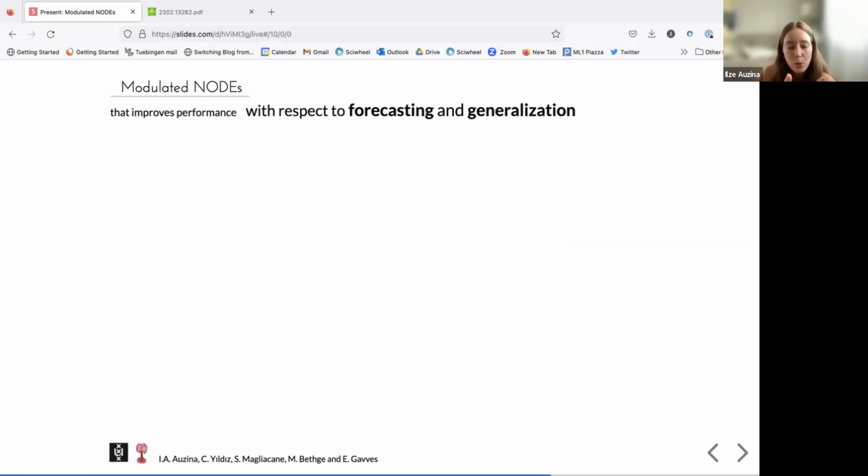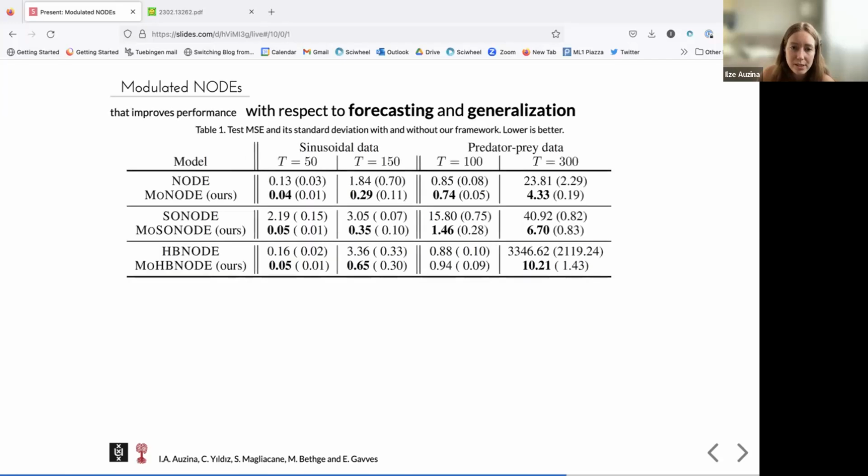Yeah, so as both results have shown, multi-layered neural ODEs improve performance with respect to forecasting and generalization. I showed you only visual examples, but also, mathematically, based on test mean squared error, our proposed framework on top of the existing models improves all of their performance, both on generalization, just on new test sequences,